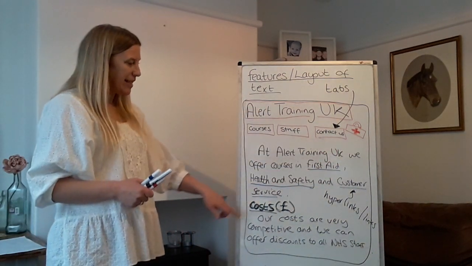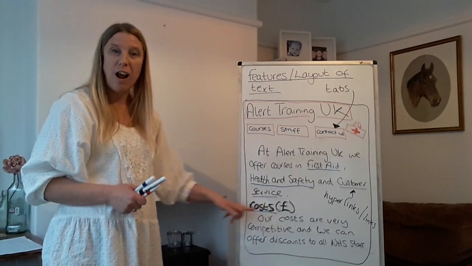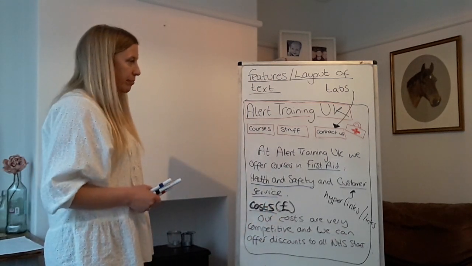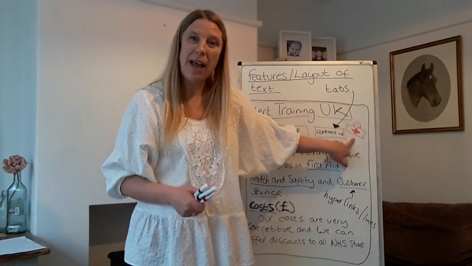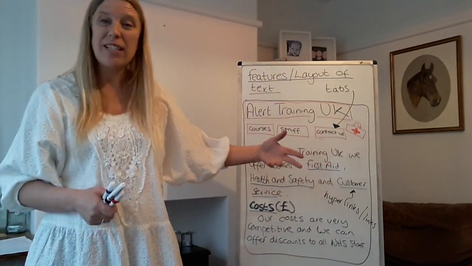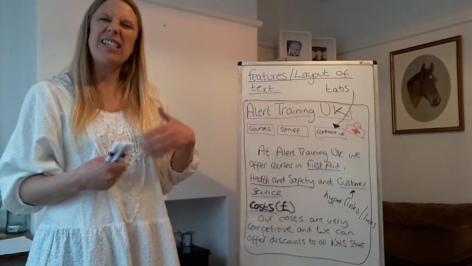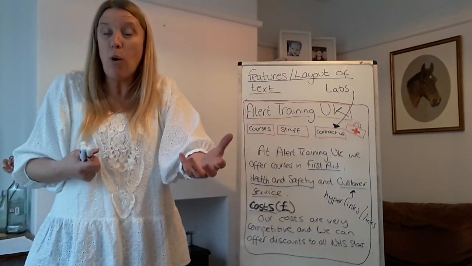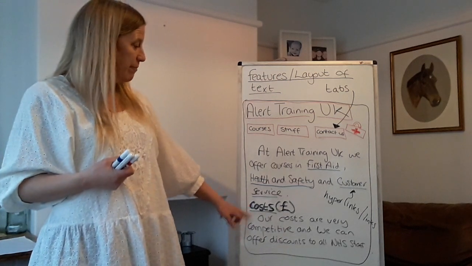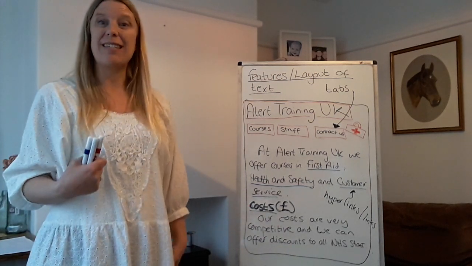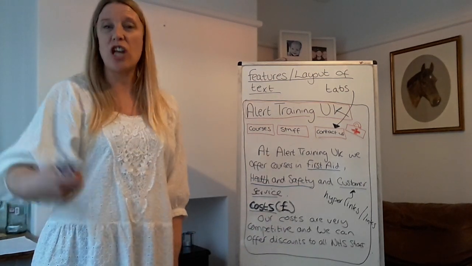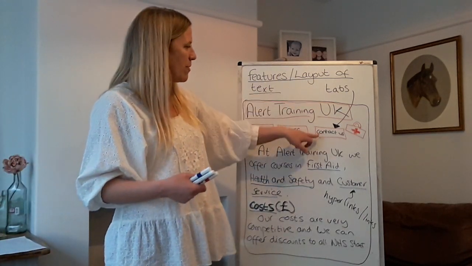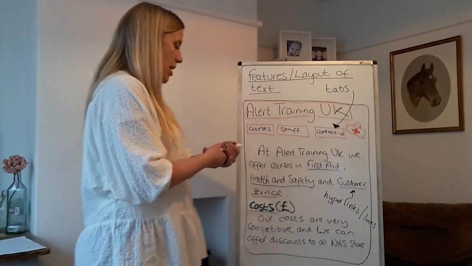They have subheadings. It might be in bold writing, so dark and thick, bold writing. It might have images on the web page as well. Quite often there's images. They're very similar to leaflets and adverts. There's lots of colour, they might have bullet points, subheadings. There's lots of things that are similar because we want to make them bright and cheerful and easy to read. But what you really do need to remember is that we do have tabs and we do have links. And obviously you've got what